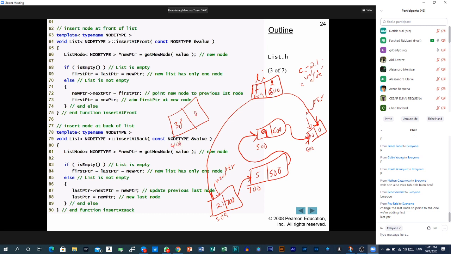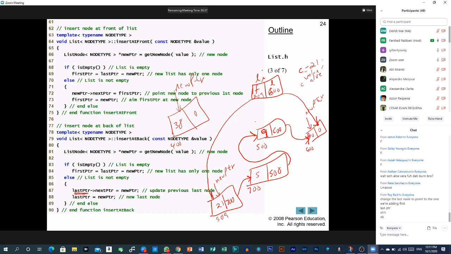Then this is new PTR, right? Same principle. I'm going to take the current last guy. I'm going to set his next to whatever this guy is. Who knows where the new guy is? New PTR. So I'm going to say last PTR is next. Last PTR is next is here. You should get this guy, right, which would be